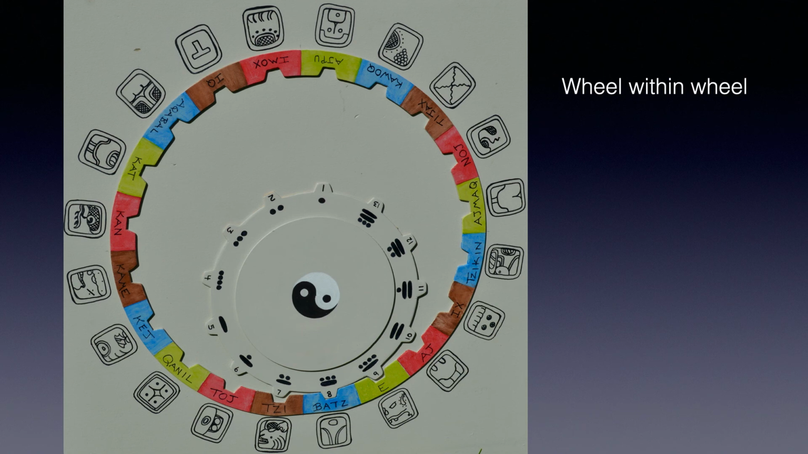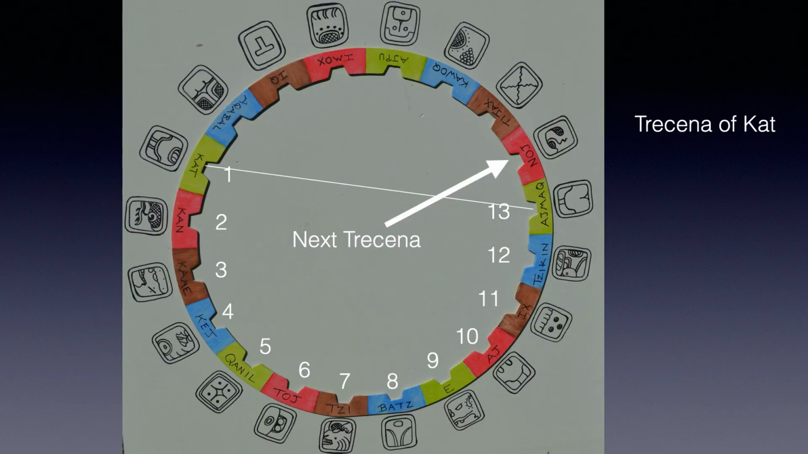Now, the curious thing, and the thing that is most noticeable about the cycle of the 13 numbers, is that they accentuate the day one most noticeably. So that's the beginning of what we call a Trecena. So in the Trecena of Cot, for instance, it would start 1 Cot, 2 Con, 3 Kame, and so forth, all the way around to the number 13,